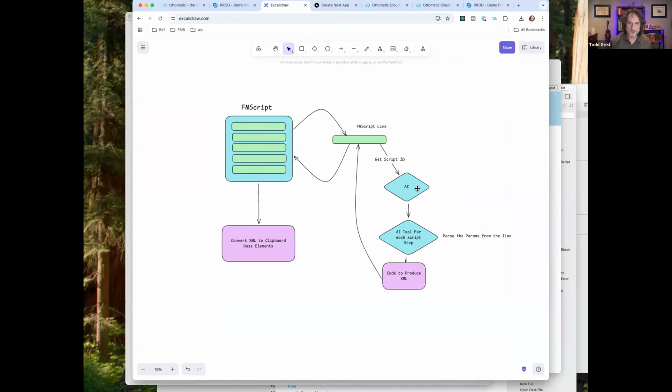But what you can do is get it to tell you what script step ID it might be. You can then use that to have a function which says, oh, this is Set Field. Here's the XML for Set Field. Here are the parameters that go into that. Generate the XML perfectly deterministically. That's something you have to think about as you work through breaking down AI problems.